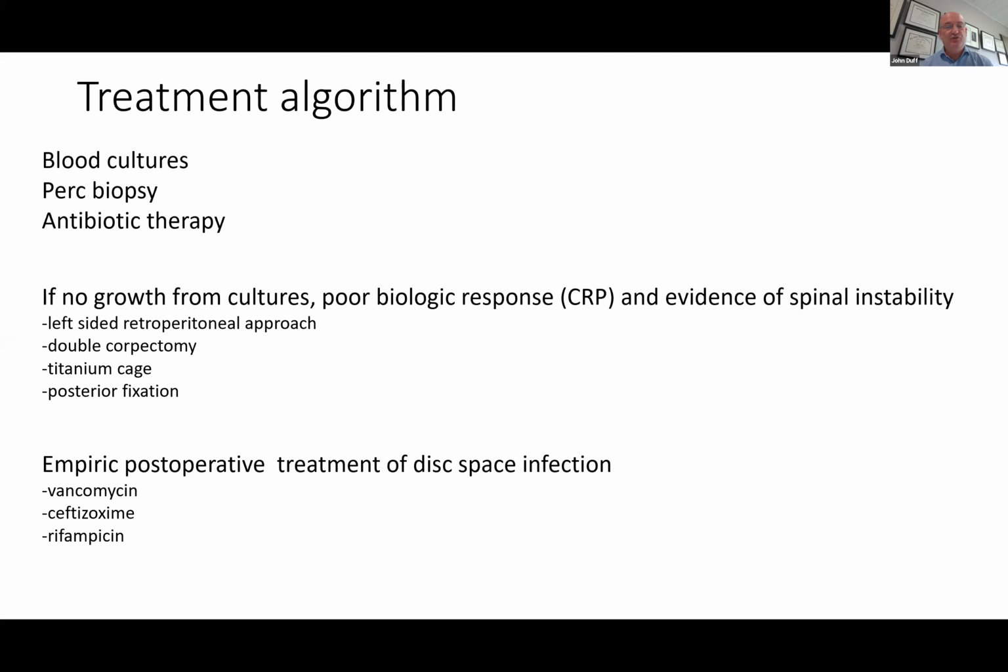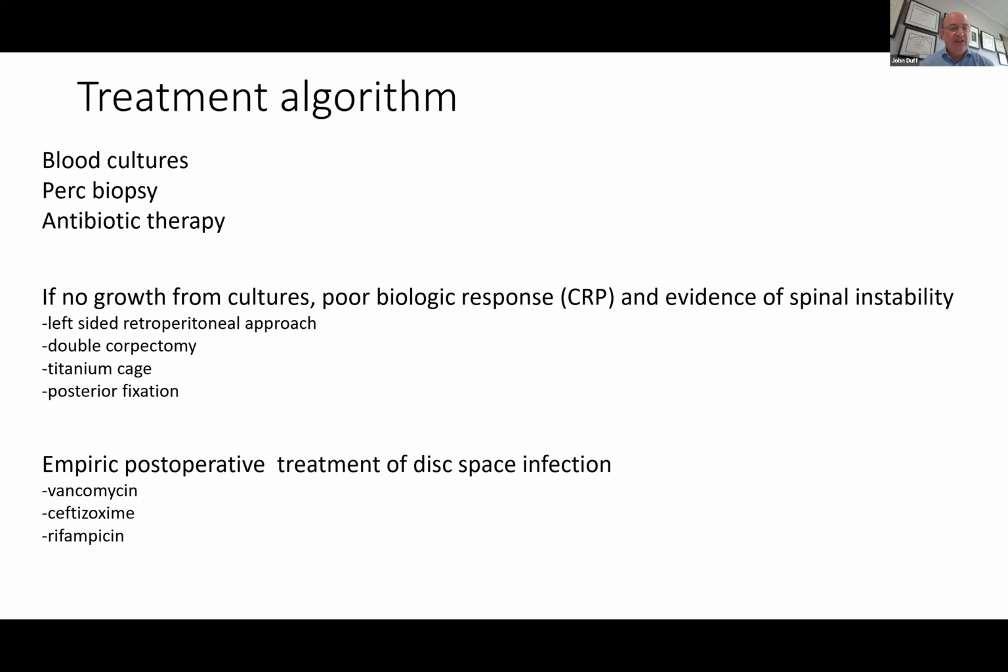And what I would do with this patient would be to do a left-sided retroperitoneal approach to the upper lumbar spine. I would do a double corpectomy for 2 reasons. Primarily, you want to have healthy bone above and below, and you want to debride the unhealthy infected bone. So by the time you do that, there's going to be little or nothing left of the body of L1 and L2. So having taken out the disc of T12-L1 and the disc of L2-3,